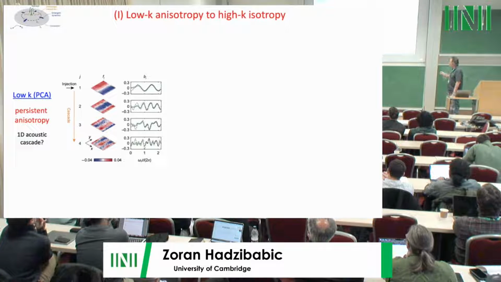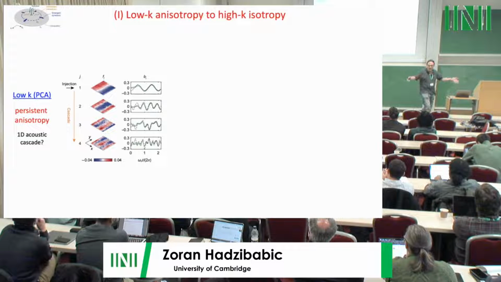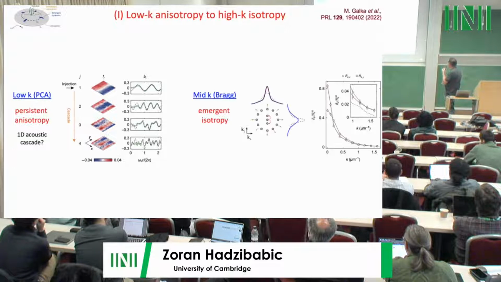And so this might actually be very interesting. Our ability to keep doing it stops for technical reasons. Everything here looks one-dimensional, and that in itself could be an interesting problem for the future because it's maybe an opportunity to study a one-dimensional acoustic wave cascade embedded in this two-dimensional system. Anyways, we have not seen how high-K isotropy emerges, so we switched to a different method, which is this